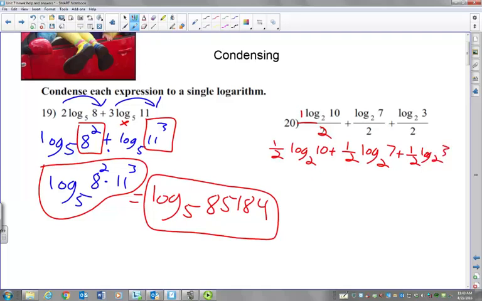Cool. So then once we got all those halves in front, now we can move the power. So the half goes in front of the 10, the half goes in front of the 7, the half goes in front of the 3. So then we have log base 2, 10 to the half power, and then plus log